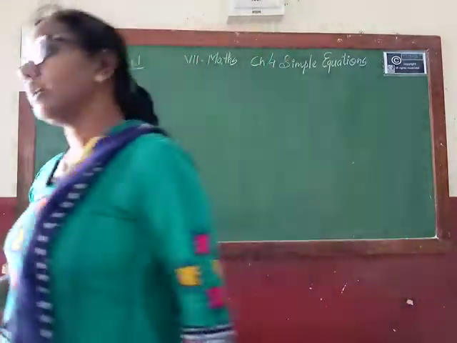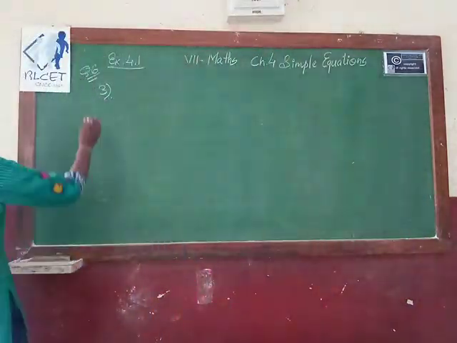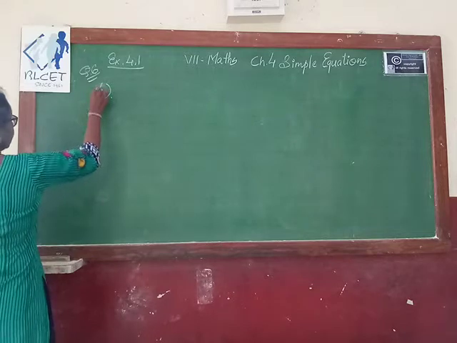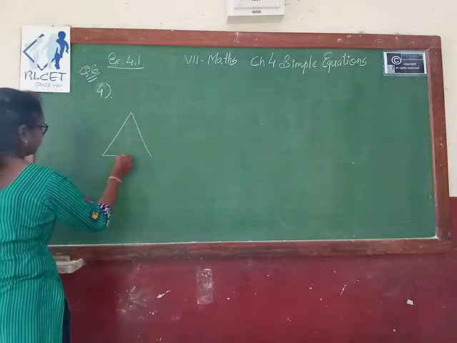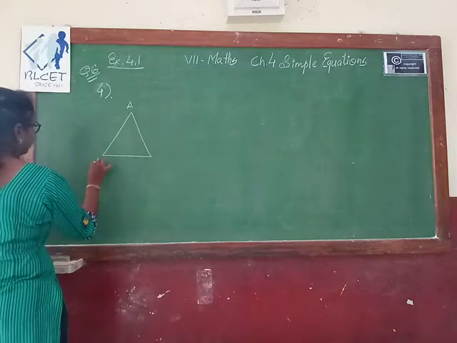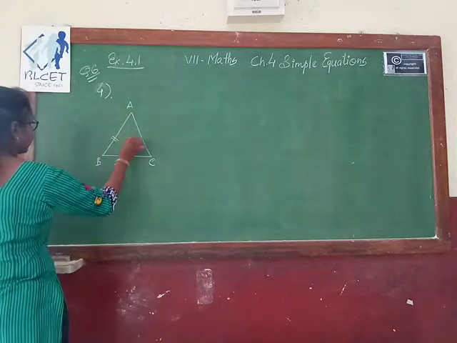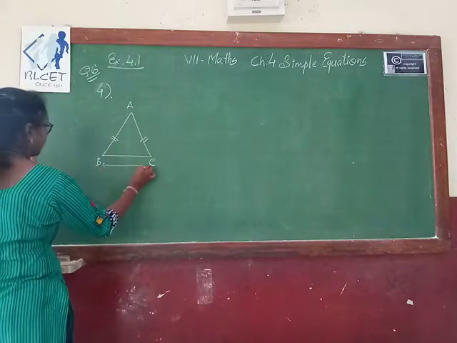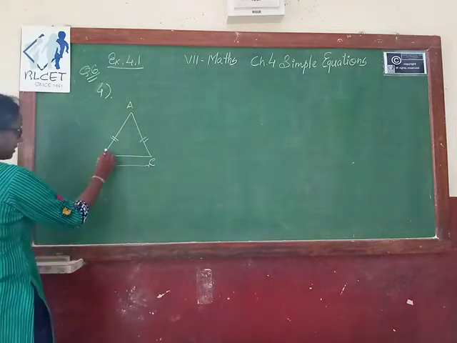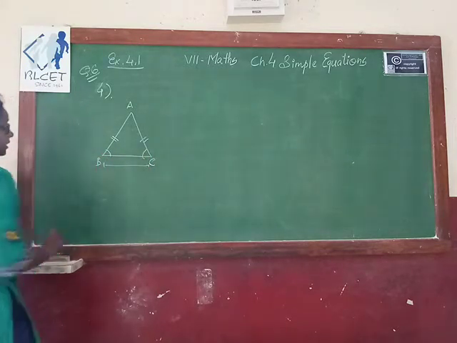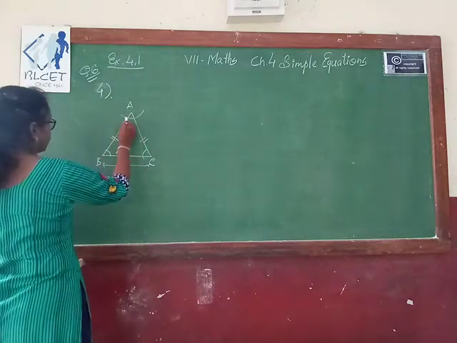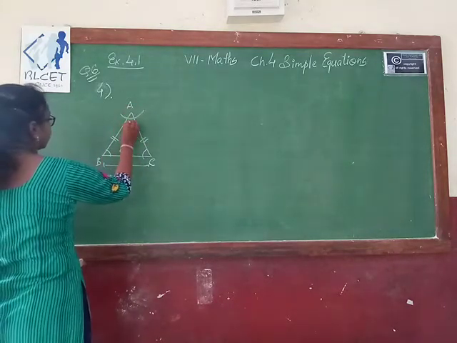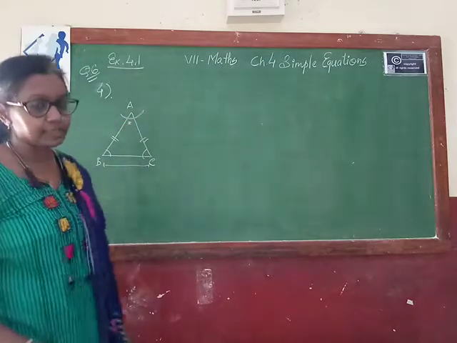So first of all, we consider the isosceles triangle. We know that in isosceles triangle ABC, these two sides are equal, and this is your base. BC is your base, and these are angle B and angle C. These are the base angles. And the vertex angle is what? This one is your vertex angle. Okay. Now what is the condition given?